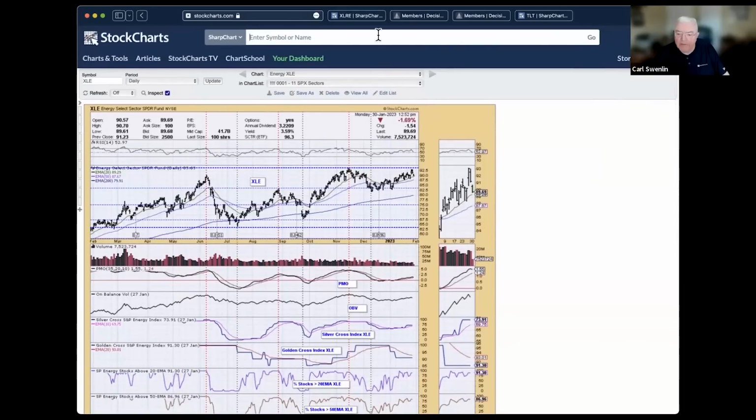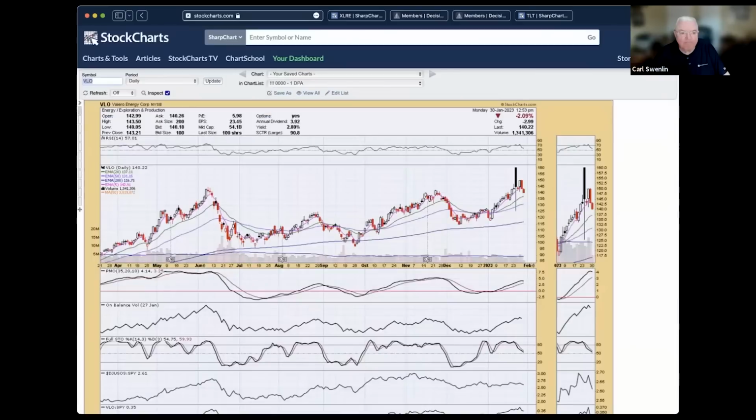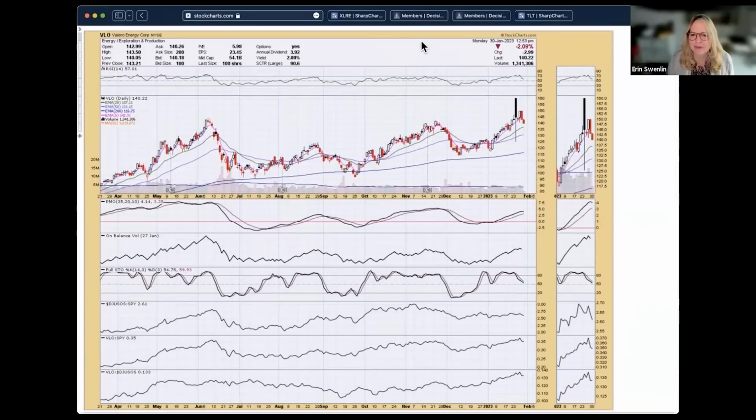Valero Energy, VLO. Yep, I got it. So a lot of energy stocks here, and they are starting to show the decline in momentum. So we do need to watch this really closely. We're starting to see a breakdown in relative strength here. Pretty much the same, though, right now for the group. It was definitely due for a big pullback after this long rise. Look at that giant filled black candle. These usually do occur at tops, and certainly that's exactly what happened here.